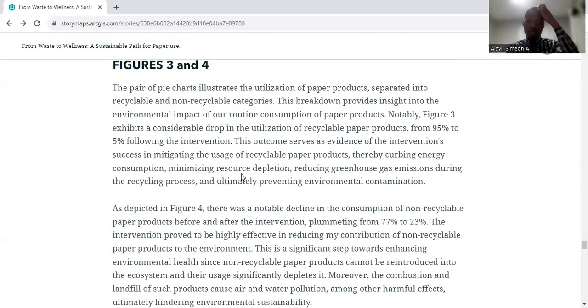So now to the pie charts. The pair of pie charts illustrate the utilization of paper products separated into recyclable and non-recyclable categories. This breakdown provides insight into the environmental impact of my routine consumption of paper products. Notably, Figure 3 exhibits a considerable drop in the utilization of recyclable paper products from 95% to 5% following the intervention. This outcome serves as evidence of the intervention's success in mitigating the usage of recyclable paper products, thereby curbing energy consumption, minimizing resource depletion, and reducing greenhouse gas emissions that are usually generated from the recycling process, and ultimately